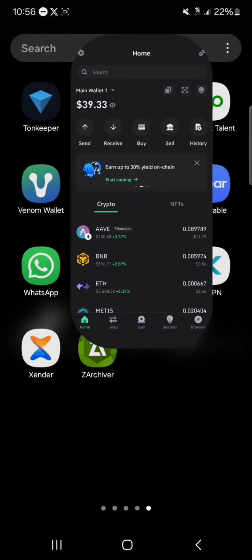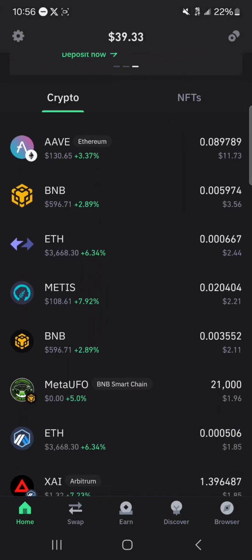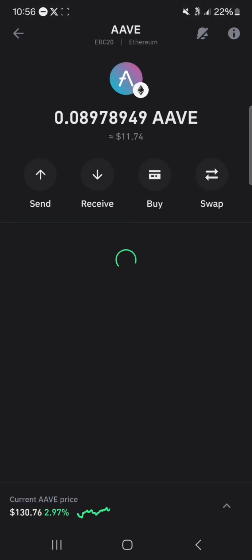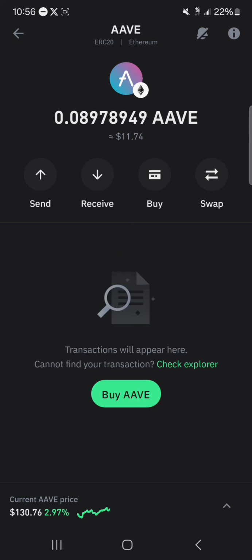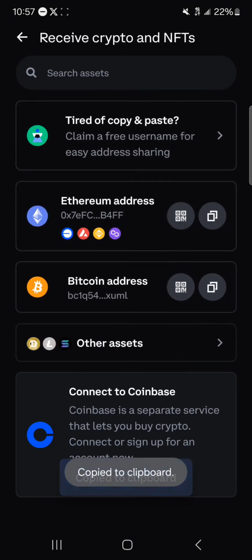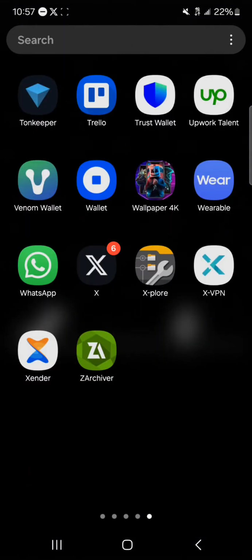So all you need to do is open up your Trust wallet. As you can see here, we have an Ethereum token, AVE. That's the AVE token, which you can send from your Trust wallet over to the Coinbase wallet. All you need to do is minimize and open up the Coinbase wallet, copy your Ethereum address, open the Trust wallet once more,